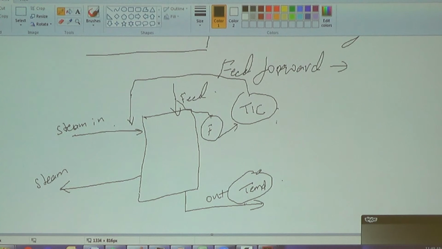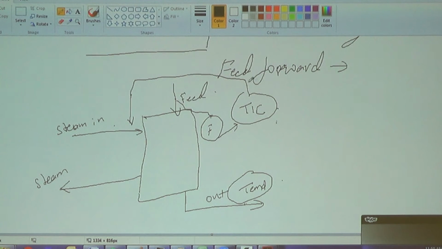For this, now I have to know my system. So an instrumentation guy or any engineer who's programming the PLC with this kind of logic has to know his system. He's supposed to be aware that these are the things that might happen. So this is called a feed forward system. Normally feed forward systems are not preferred.